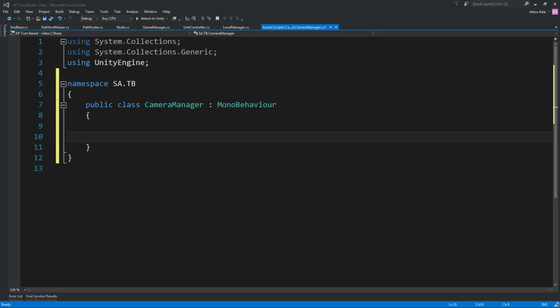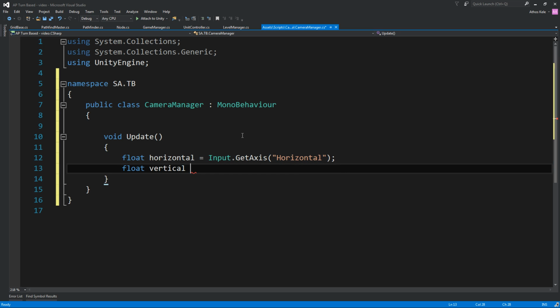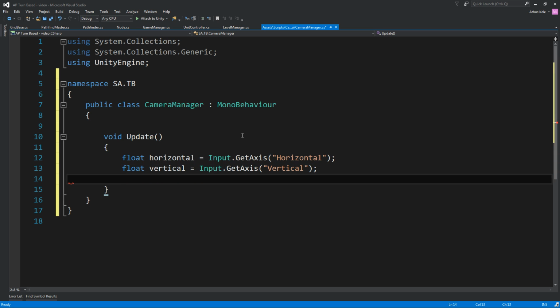We can also have edge movement, but let's just use positioning, I guess. We shouldn't really care about anything else. So on update, float horizontal, we're just going to use our keyboard, Input.GetAxis horizontal, float vertical, Input.GetAxis vertical, and then we can simply say